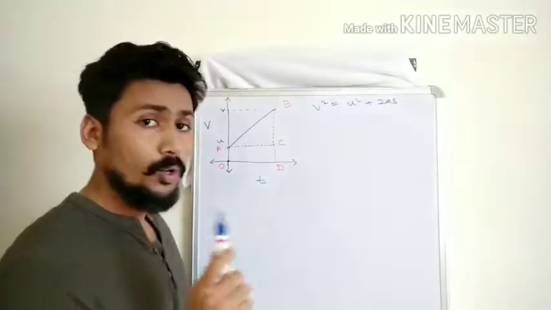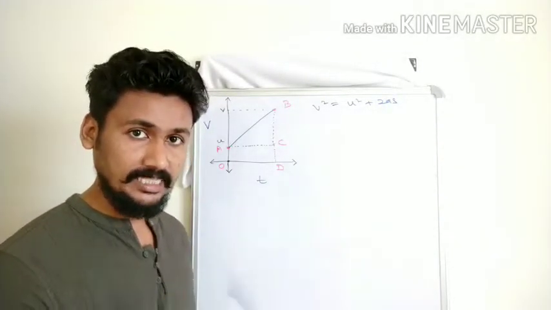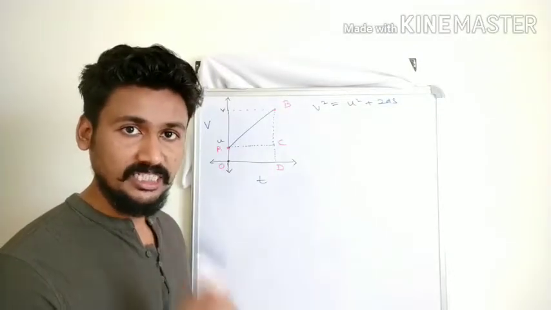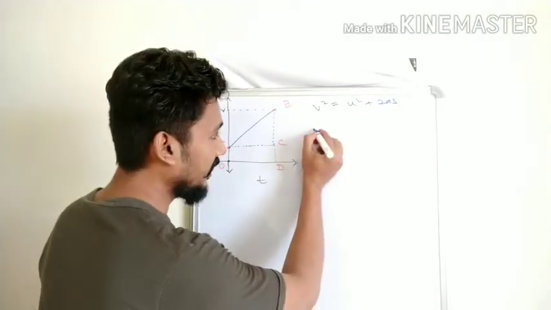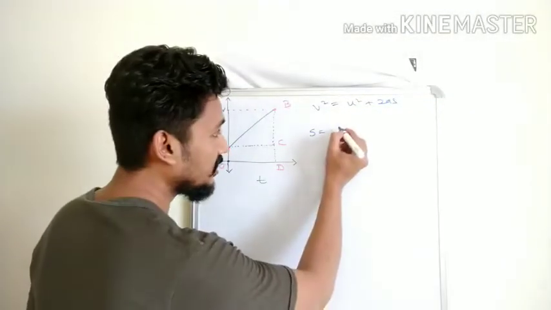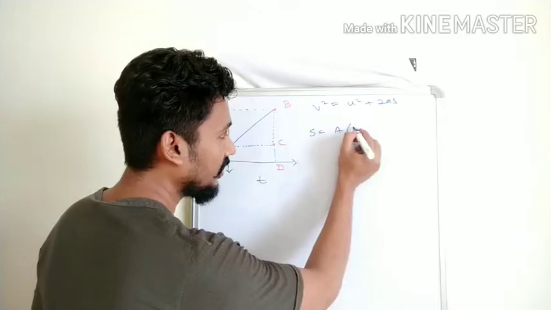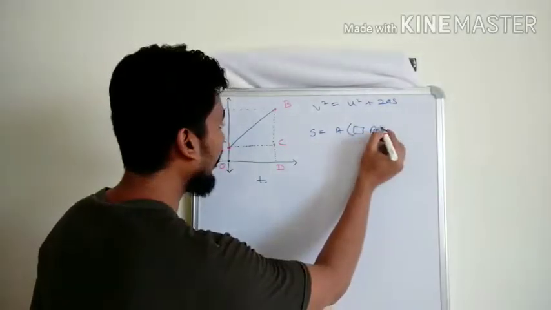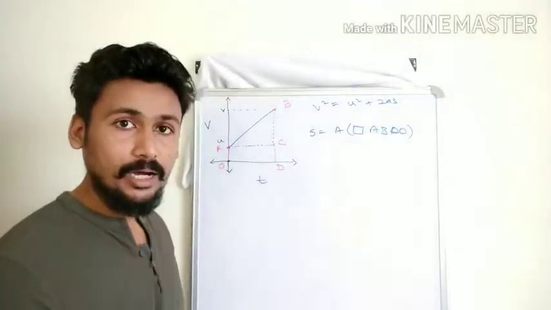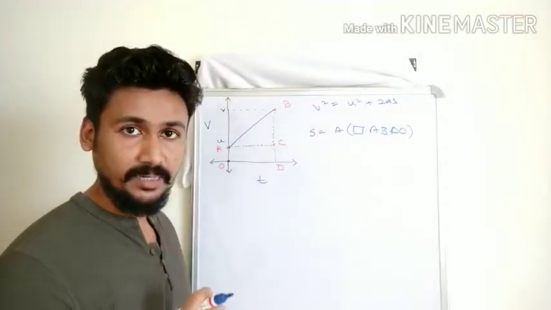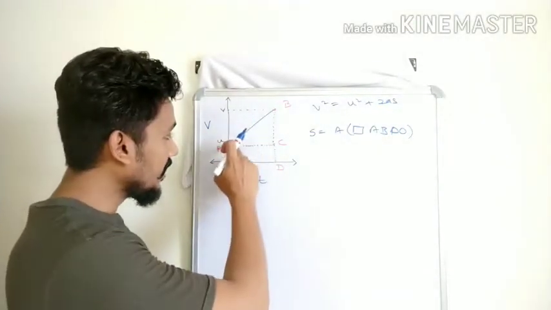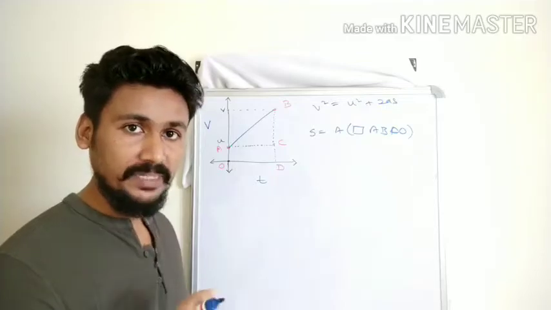Let us begin. Once again we will start with our understanding that the area below the graph gives the distance. So once again I will say S is the area below the graph. That is distance. Distance will be equal to the area of the quadrilateral ABDO. But now we will treat this as a trapezium. This is a trapezium, correct? There are two parallel sides. Therefore, this quadrilateral ABDO is a trapezium.